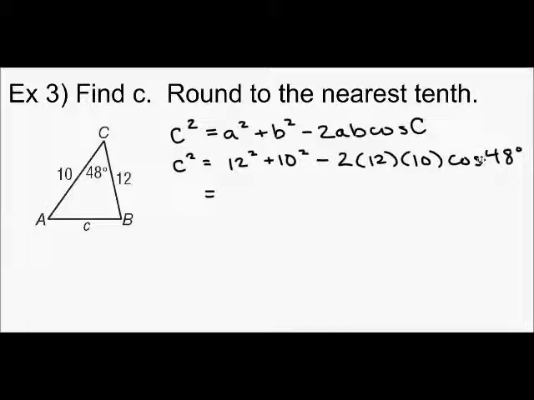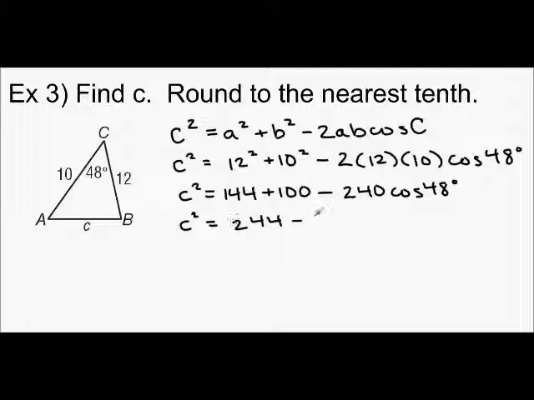You might mess it up entering it in, so I'm going to suggest that you simplify it a little bit first. 12 squared is 144. 10 squared is 100. And 2 times 12 times 10 is 240. Okay, so c squared is 244 minus 240